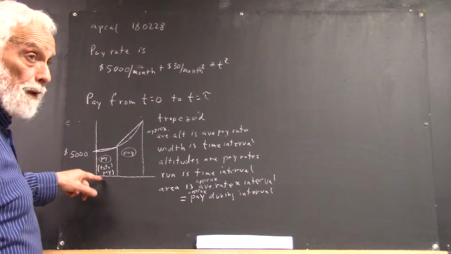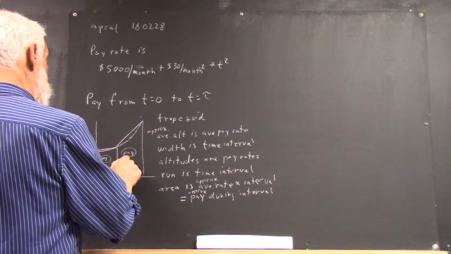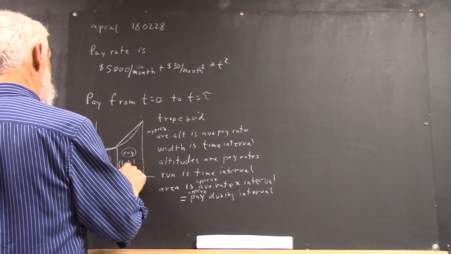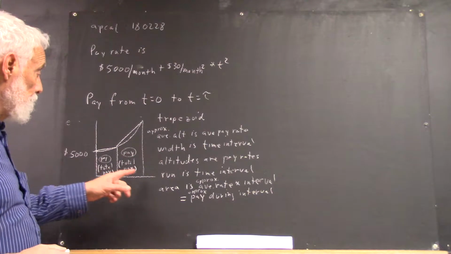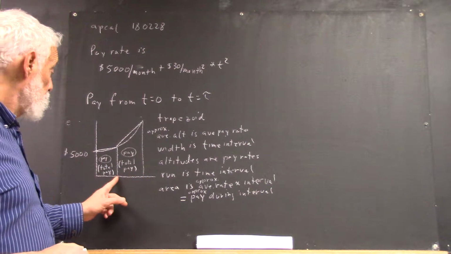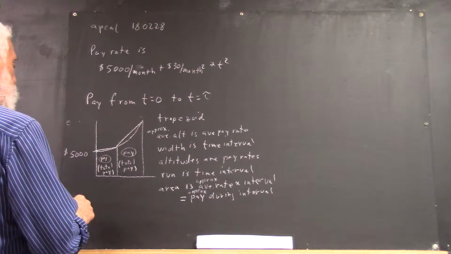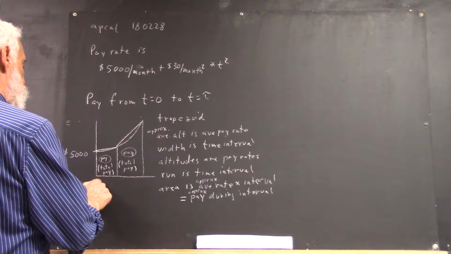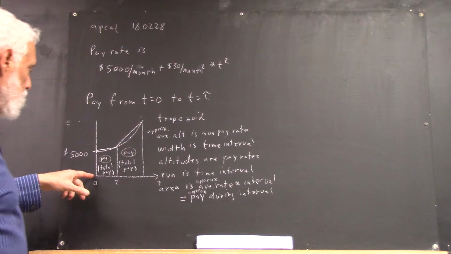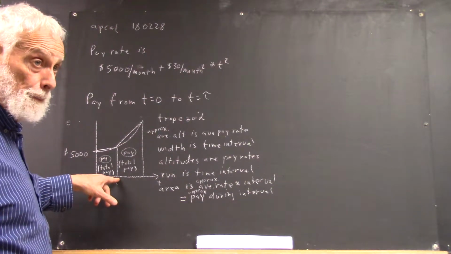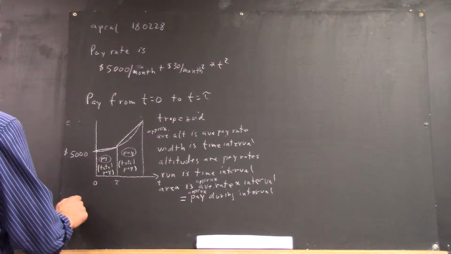You would have total pay here through the end of the interval. I don't have room to write that all out, but we know what that means. And this would be your next total pay. So this would be your total pay through here. This would be your total pay through here. Well, if, of course, this is t equals 0, if tau is here, then you'd have the total pay through the end of this interval, right? And if tau was here, that would be the total pay for this interval. So total pay